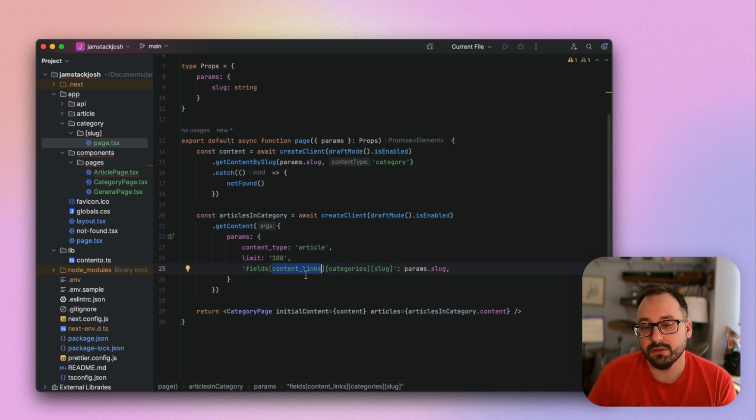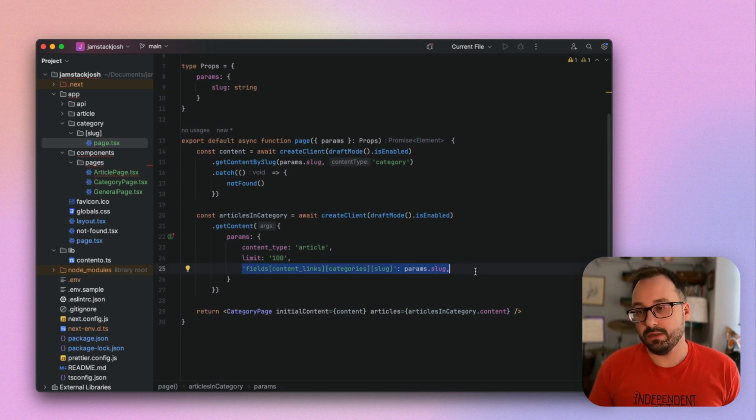I want to get content links fields under the categories key and filter by the slug. So when I'm on a category of Next.js or something like that, I'm looking for articles that have a content link with a slug of Next.js in them. That's what this is doing, and we will document it soon,